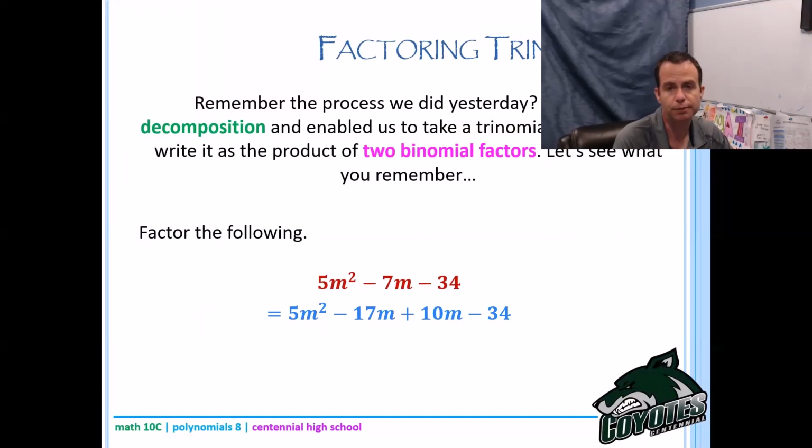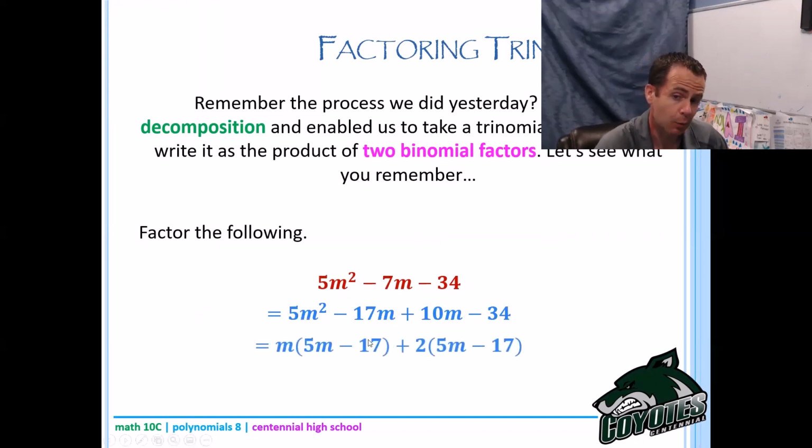Now I'm going to factor the front two, factor the back two. I can take out an m from the front two. So that would leave me with m bracket 5m minus 17. And then from 10m and negative 34 out of the back two, I can take out a 2. So that would leave me with 5m minus 17 again. Now, that's awesome. That's what I wanted to happen. 5m minus 17 is now a common factor in both of those terms. And so I'll factor it out and be left with 5m minus 17 times m plus 2. Okay, so that's what we spent a lot of time yesterday trying to get you super comfortable with. All right, now,